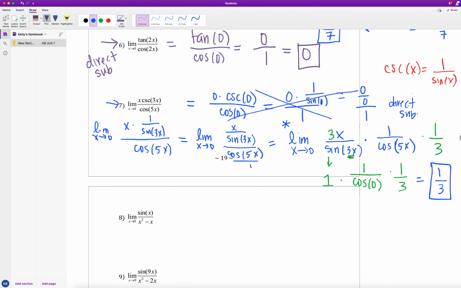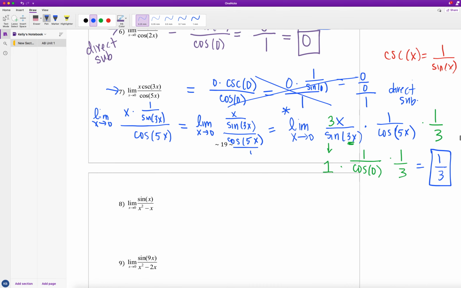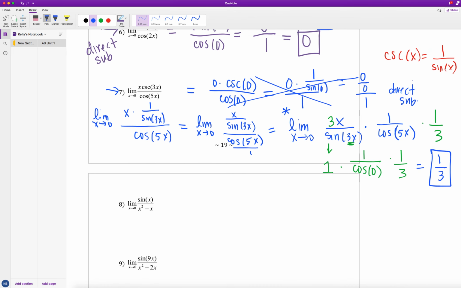Let's look at 2 more examples. So example 8 says the limit as x approaches 0 of sine of x over x squared minus x. Why don't you guys pause the video and think about how we could approach example 8. So in example 8, if I try to do a direct sub, I'm going to end up with 0 over 0. So a direct sub will not work in this case,